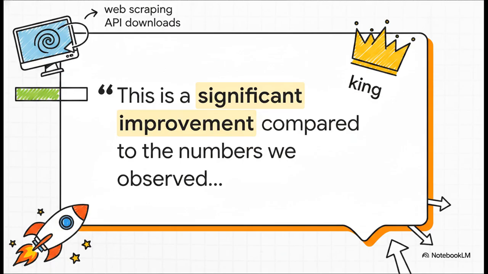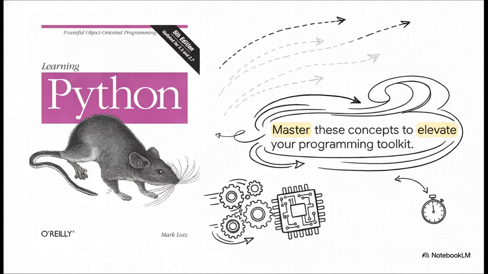And just to firmly validate this, the book Python for Geeks specifically notes, this is a significant improvement compared to the numbers we observed for the multi-threading and multi-processing case studies. When you are in the context of heavy I/O tasks, like web scraping or API downloads, asynchronous programming is undeniably the king. Mastering these concepts, as emphasized in classic texts like Learning Python, is a massive stepping stone to elevating